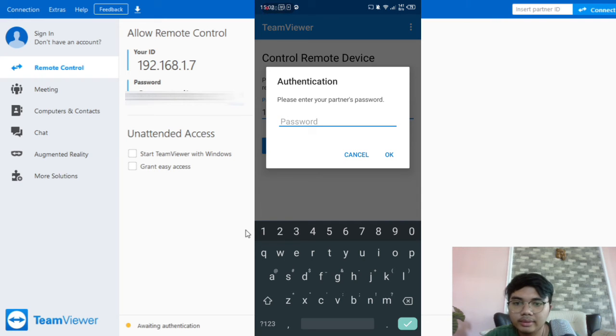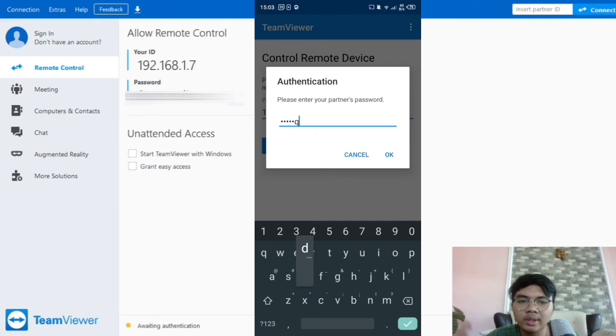Press the file transfer button to select the feature to send files from a computer to a smartphone or vice versa. After pressing the button, you will be asked to enter your password in the TeamViewer smartphone app.